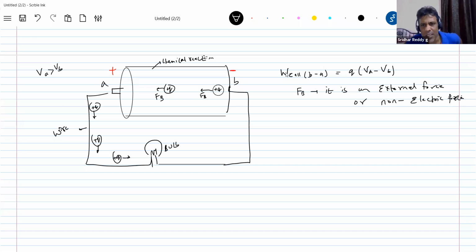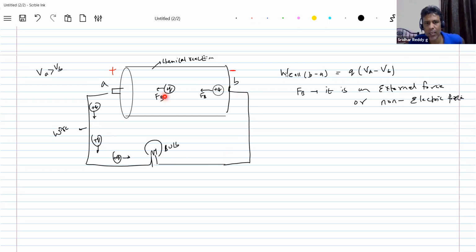So this particular energy, what will it do? When the battery displaces a charge from the negative to the positive terminal, this much work the battery does on the charge. Now the charge possesses energy equal to Q into VA minus VB, as VA is greater than VB. The work done by the battery is now available as energy for the charge. With that energy, the charge will pass through a wire. It will encounter a resistance. It will utilize that energy to overcome resistance, and here it will lose that energy in the form of heat. And it will come out. Once energy becomes zero, it will be attracted by the negative terminal.